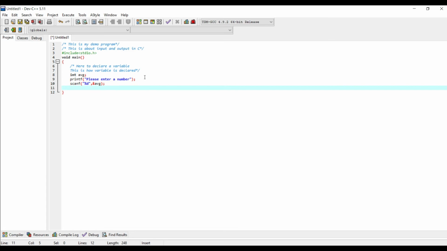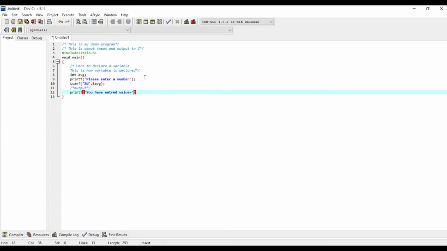Now I want to display this value. Here I can write another comment: output, then close the comment. Then I write printf: you have entered value equal to, and then I give the reference of the variable whose value I want to display, that is abg.